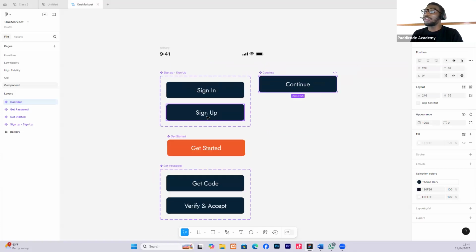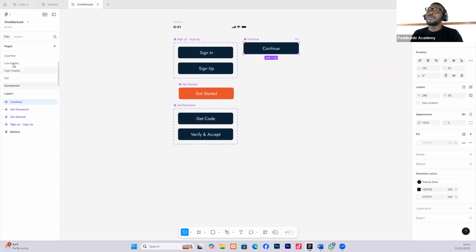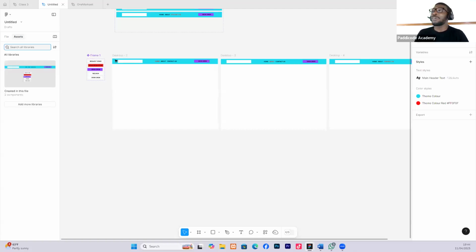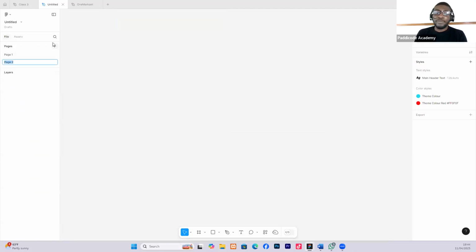You understand what I just did there, right? We created a page for all the components I will use, so that I don't make my work untidy. It's because I'm trying to ease a class. We're not doing anything, so I will just create a new page myself and call it